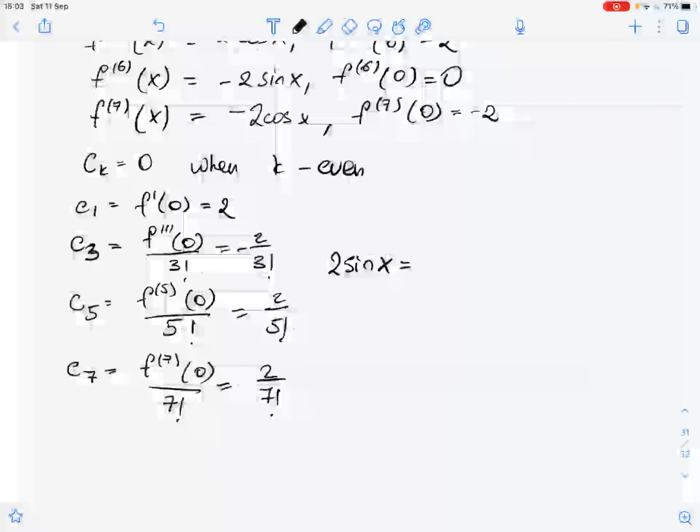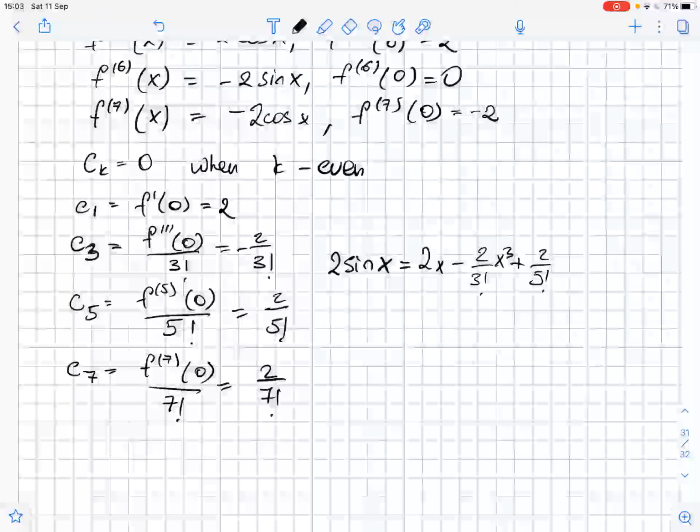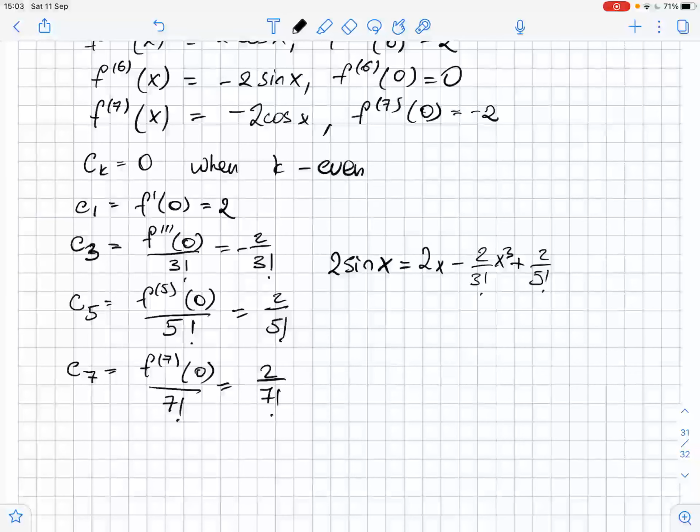It was 2 sine of x. 2 sine of x equals 2x minus 2 over 3 factorial x cubed plus 2 over 5 factorial x to the fifth power minus 2 over 7 factorial x to the seventh power,